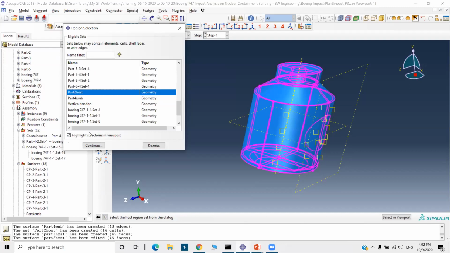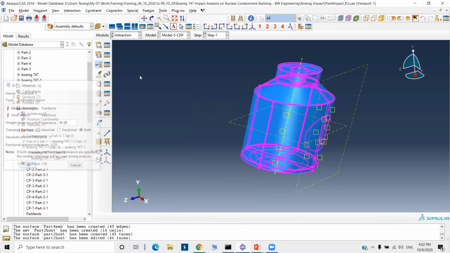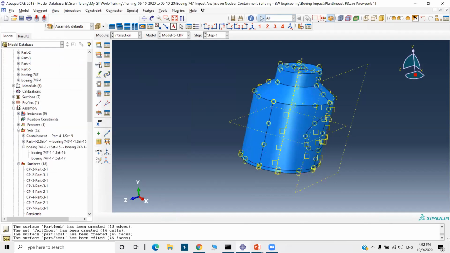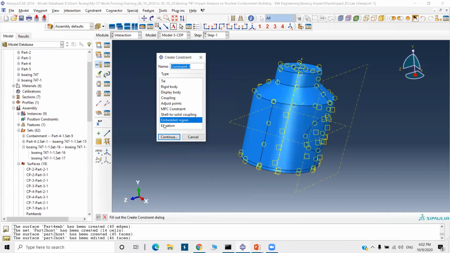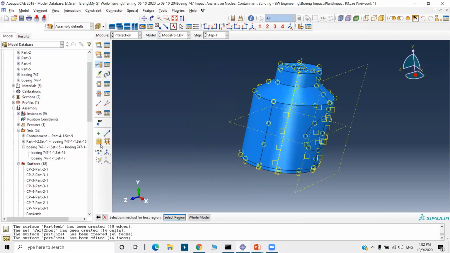Continue. Okay. Again, one more embedded region. Select the vertical tendon. Continue. Again, select region. Part 2. Okay.